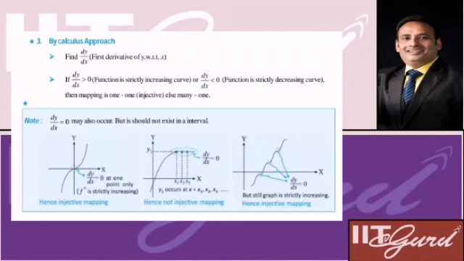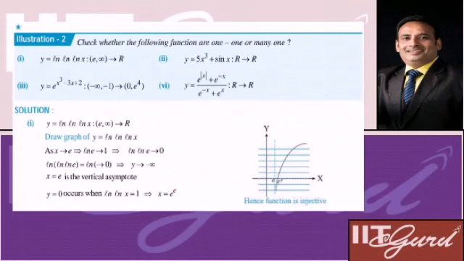So the general idea is that the graph is the best, and the theoretical basis is of course the original method. Graphical approaches span every variety of problems. But for the calculus approach, you have to be sure that the function is continuous and differentiable, then only you can differentiate for testing monotonicity. By testing monotonicity, you can declare whether the function is 1-1 or not 1-1, meaning many-one. So let's take some examples to understand. Check whether the following function is 1-1 or many-one.